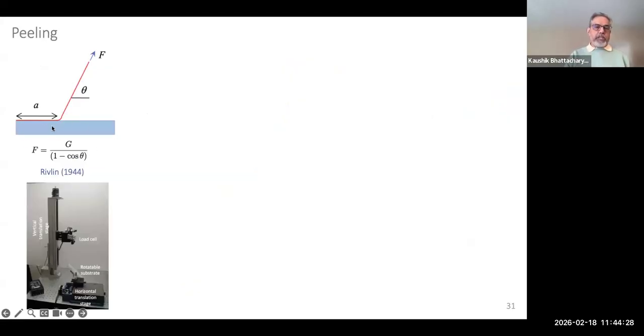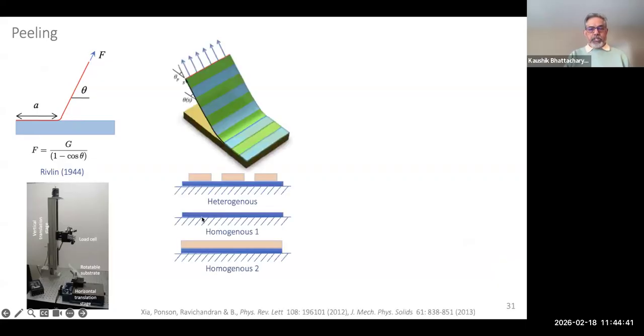So I'm trying to peel tape, and there's this kind of famous Rivlin formula, which says that the force you have to apply depends on the stickiness of the tape, which is G, and some geometry. So I'm going to make a tape which looks like this. There are two segments, one which is thin and one which is thick. And in fact, to do this experiment, what we did is we took one tape and we piggybacked little segments of tape on top of it. So the stickiness of the glue, G, is exactly the same. When I try to peel it,